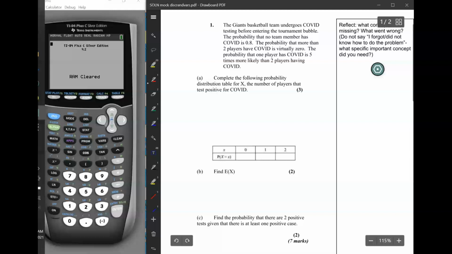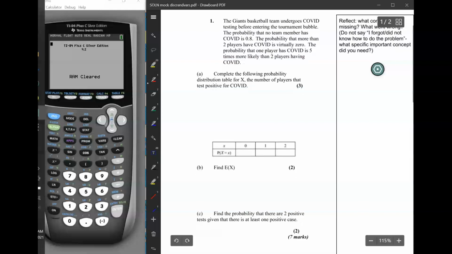Complete the following probability distribution table for X, the number of players that test positive for COVID. Okay, so what we know is that there is a 0.8 probability that no team member has COVID. So that would be 0.8 in this first box, because X equals 0 is related to X players having COVID. And we know that